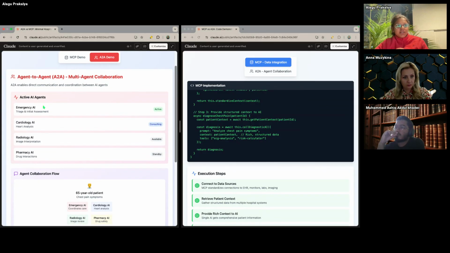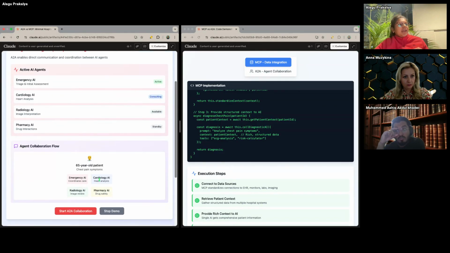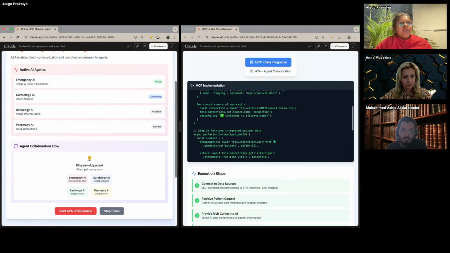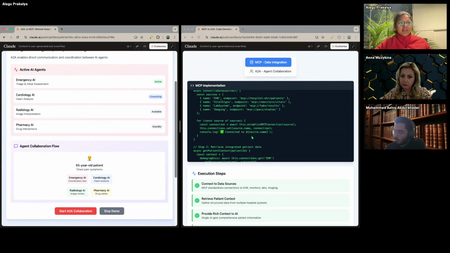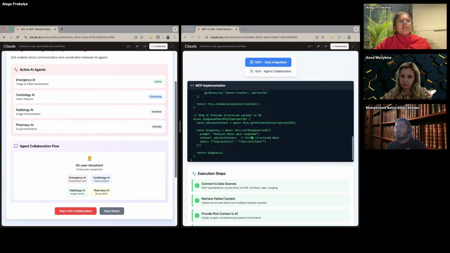So we will have each of these agents specialized for each of the departments. And then we will build a coordination platform using the A2A protocol. Besides connecting to the data source, we will also